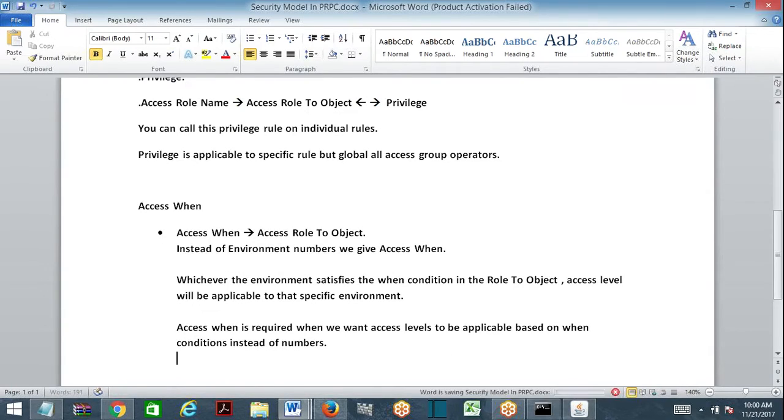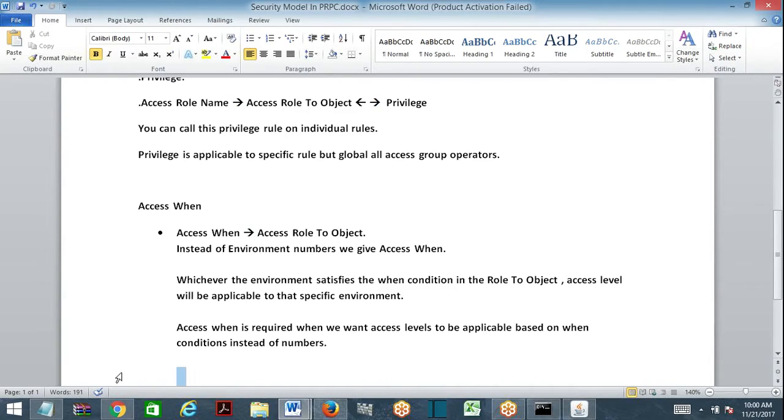What is the disadvantage of giving numbers here? Numbers will not allow you to prevent or execute in different environments. It will only allow one level and the levels below. But if you want random environments, you cannot apply by using numbers. If you want to apply randomly to different environments, then you have to proceed with when rules.